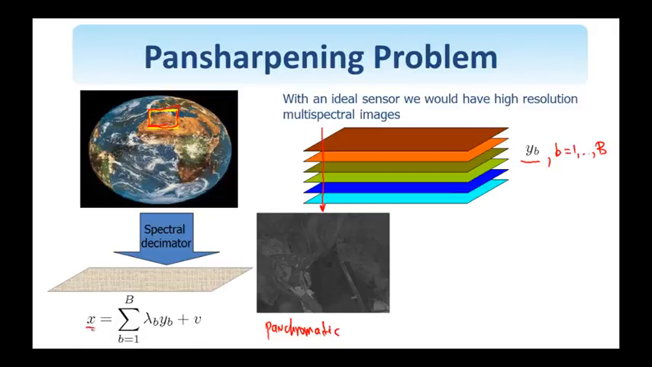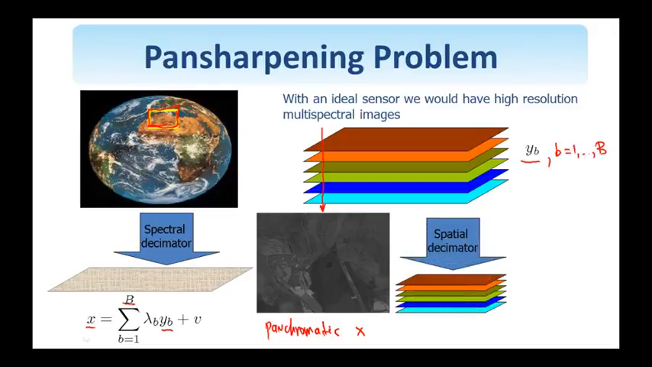So a panchromatic image X is the weighted sum of these high-resolution multispectral images, and we assume we have B of those, B channels, and the lambdas are obtained from the sensor spectral characteristics. In addition, a spatial decimation is taking place. So each of these multispectral images is downsampled, and here is an example,